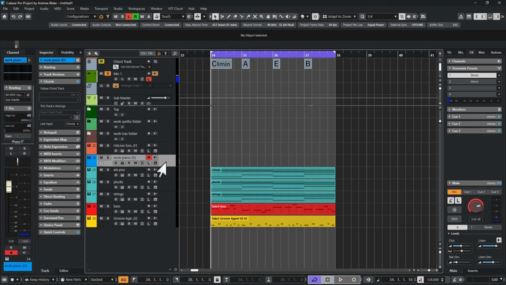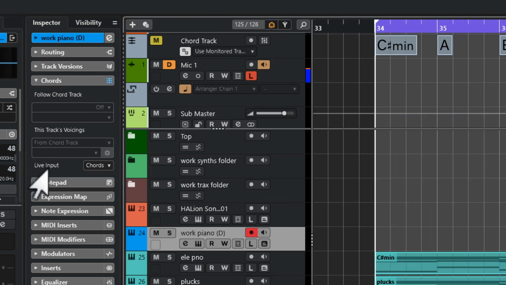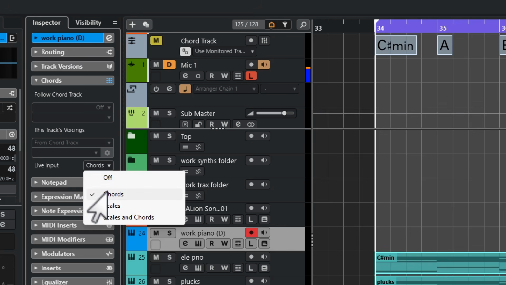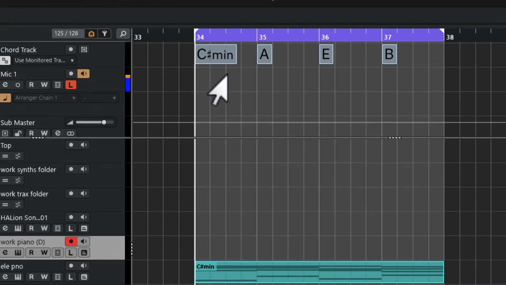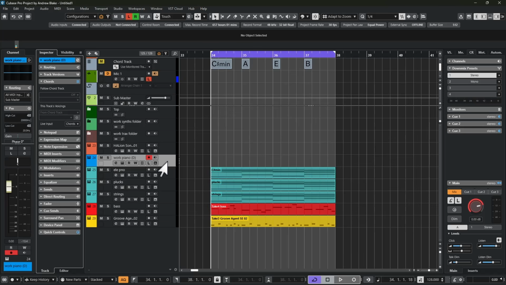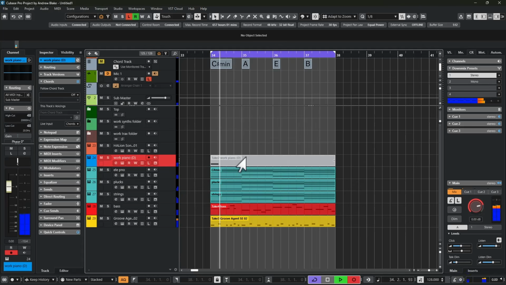Let's say we take this piano track and we go over to the Chords tab and come down to the option that says Live Input and change this to Chords. This is going to allow us to play something in real time, and it's going to follow whatever chosen chords we have up here on the chord track. If I hit record and just start to play some single notes,